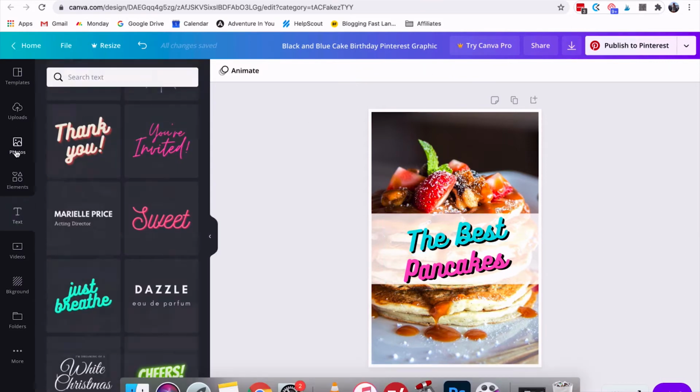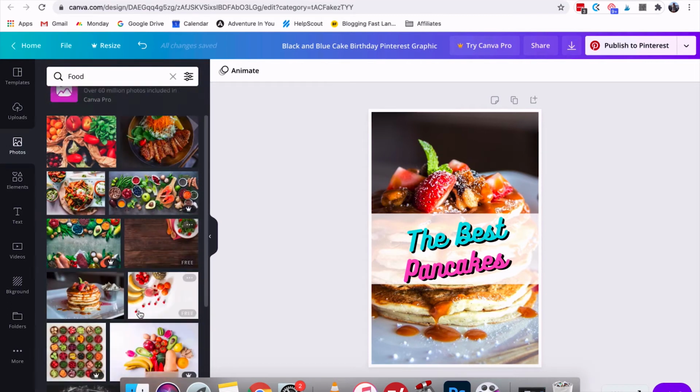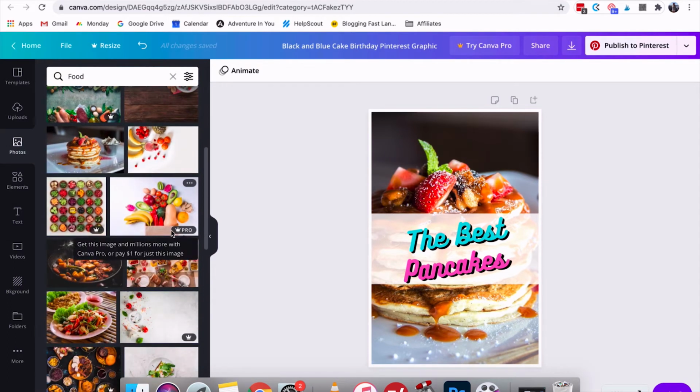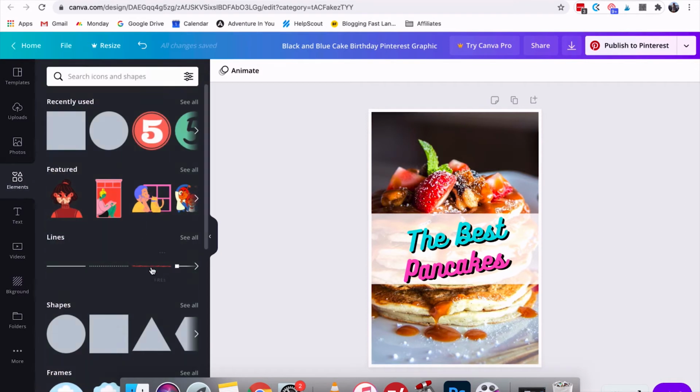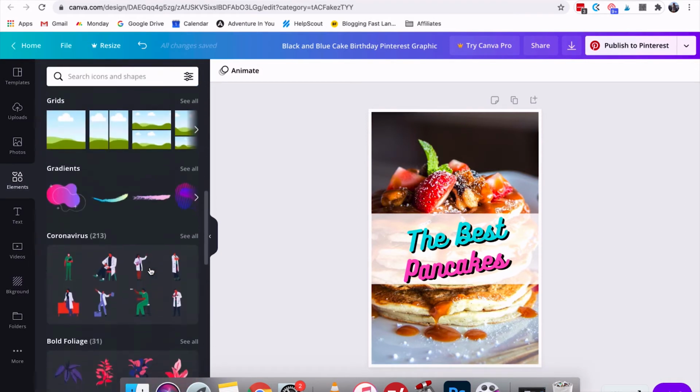Now, it is also worth noting that if you're using any of the stock images, you'll see that some of them are labeled with a crown. Now, this means that if you upgrade to the Pro version, you get it for free, or if you want to use that particular design, as soon as you publish it, you will get charged $1. Now, I'm going to talk about the Pro version later on, but here I'm just going to quickly show you